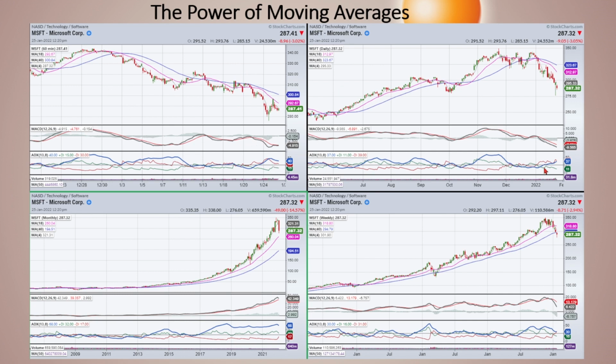Now, I'm not going to go into the momentum, but obviously you can look at the momentum of each trend as well. Let's look at the second component, and that's the overbought, oversold condition. So notice how this price was getting pretty far away from the 18-month line as it finished off the year. It had been going up for a while, but it waited until the new year to really start to pull back. But this has been extended now for about 3, 4, 5 months, where it's getting a little too far away from the 18-month to the upside.